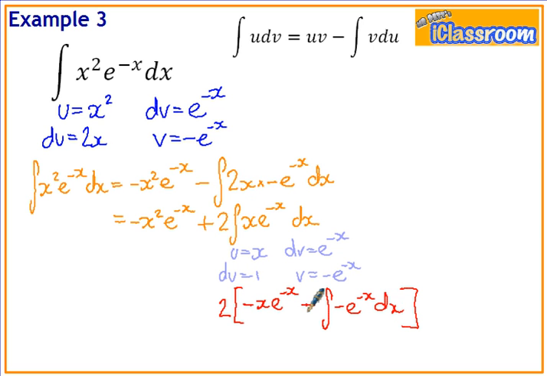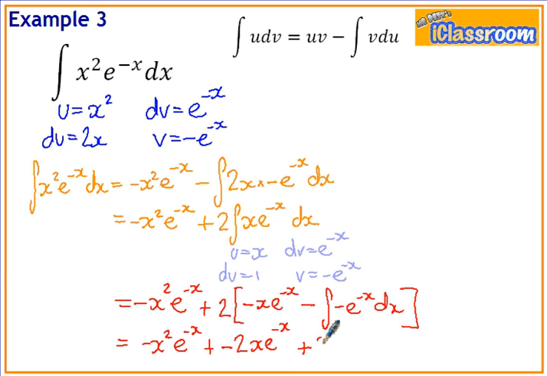Okay, and again I need to be careful with signs in here, and realistically I should drop in the rest of my working from my previous line, otherwise I might forget about it and give the incorrect answer. And on we go, which gives us minus x squared e to the minus x plus, multiply the 2 through the bracket, so this becomes minus 2x e to the minus x, and dealing with the negatives first, this becomes plus, multiply through by 2, integrate e to the minus x, that becomes minus e to the minus x, and